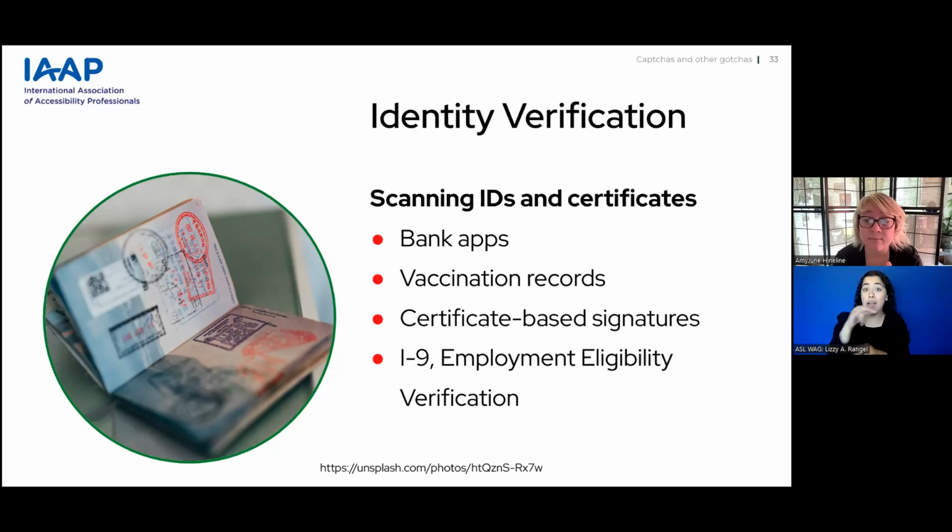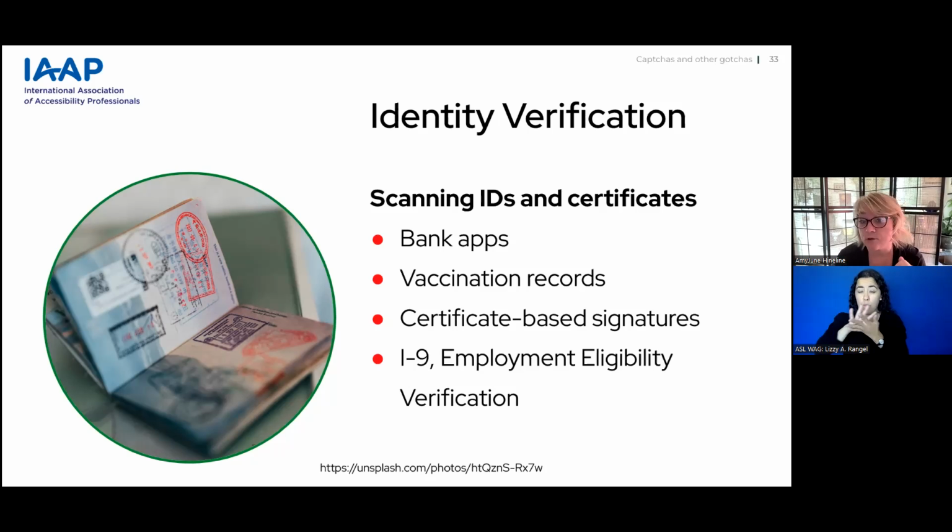We have certificate-based signatures. Sometimes we see these as PDFs, but they require a valid ID. As we all get new jobs, we are asked for our I-9 documents, employment eligibility verification, several forms of ID to be submitted to prove your identity. But sometimes folks with a palsy, like a shaking hand, are unable to hold the document, or the user agent, like their phone, still enough for the computer or the app to scan the document, making it challenging.